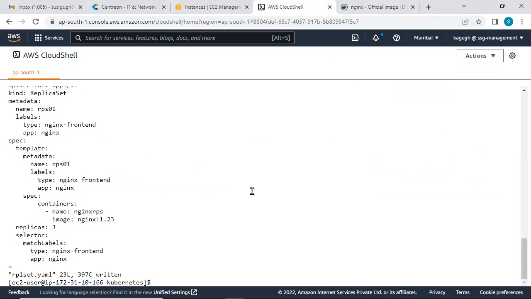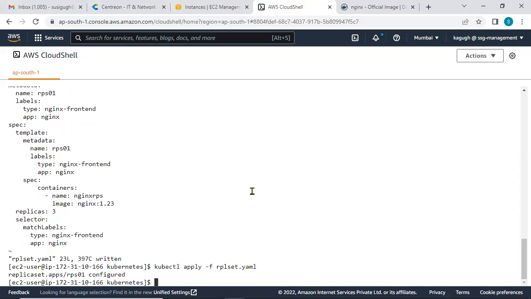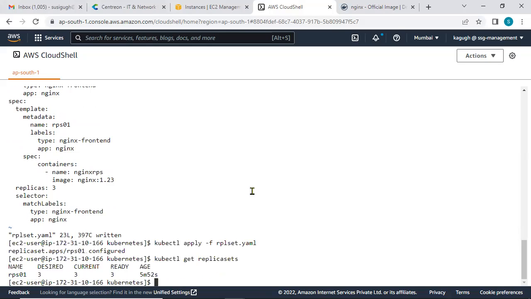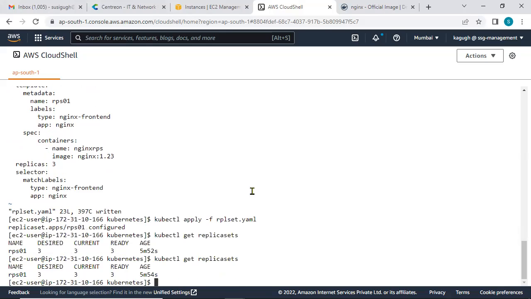Now let's apply it. I'm applying it. So what is happening now? The Nginx image is being changed from latest. If you don't give anything, it is latest, and I'm downgrading to 1.23. Now see what happens. If we say get replica sets,